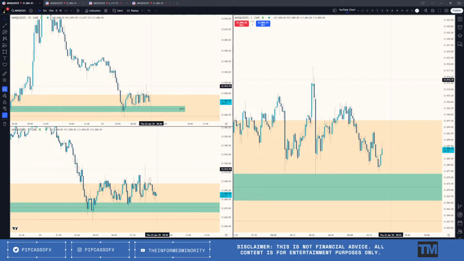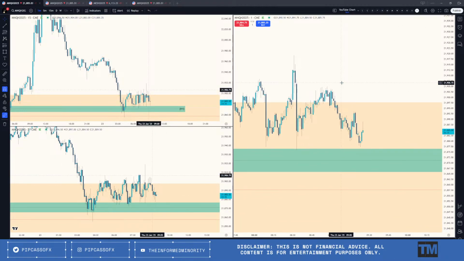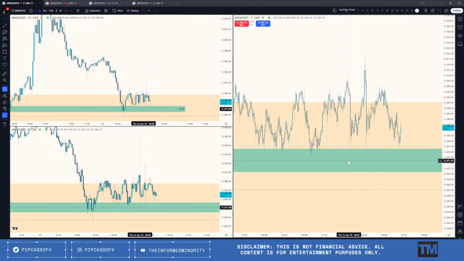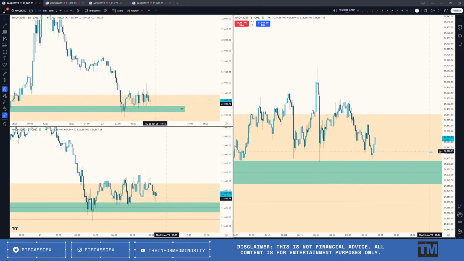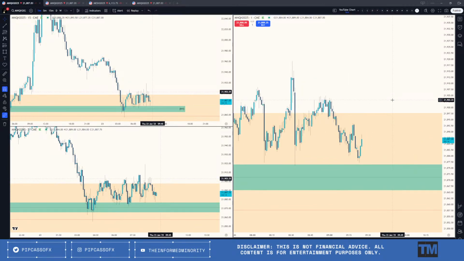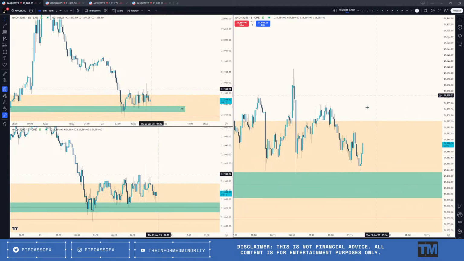But yeah, I think that we should see higher prices. But again, there's a lot of stuff to the upside that we have to get through before that can be the case. So I'm just looking at these levels to hold. Nothing really on the 1 minute chart for me that is of any significance. But yeah, just gotta wait to see what we'll get here.